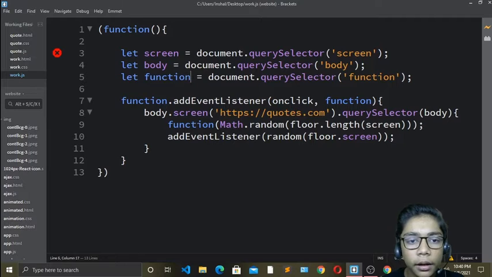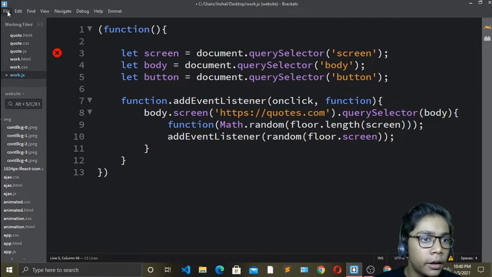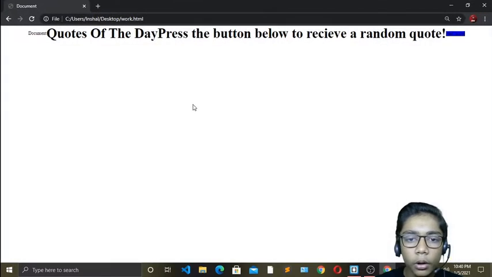Now I will do one thing, I will erase this function and I will write button tag. Copy this button from here and paste that over here, because it was a tag. Now hit save, and now it should be working. For that you have to just go to Google Chrome, and we will check that out. Okay, so it is just doing like that.